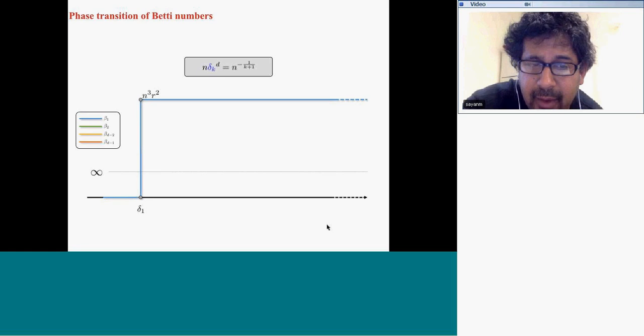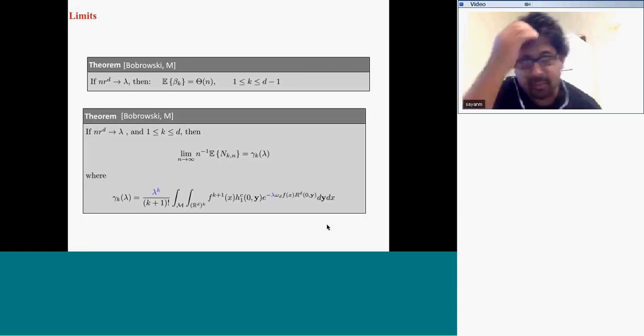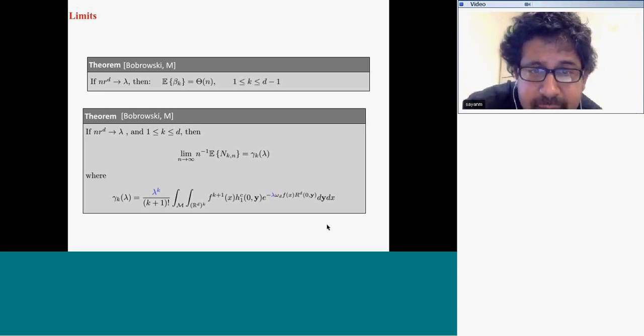you see a lot of Betti 1, and it gets a little bit bigger, and then you only see Betti 2, but fewer of them, still infinite, and so on and so forth. You can start characterizing this. And what happens in the critical regime? In the critical regime, you can again start saying things qualitatively about the Betti numbers, and still say things quantitatively about the number of critical points.